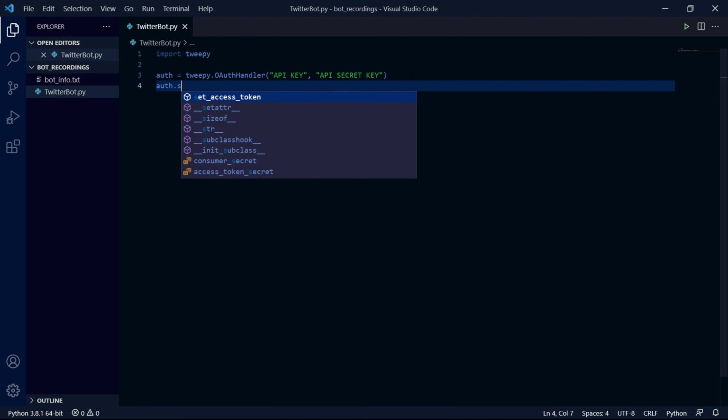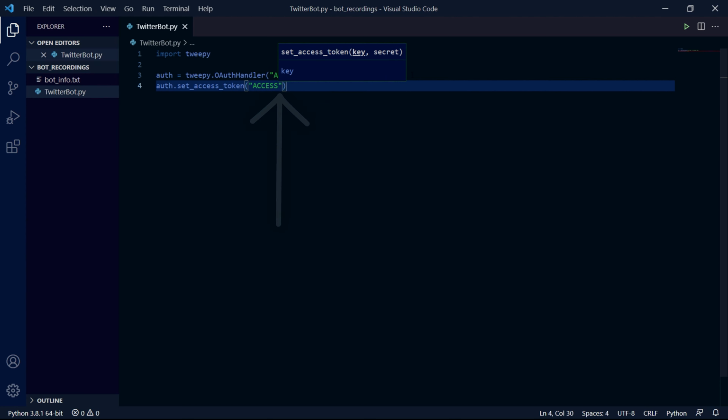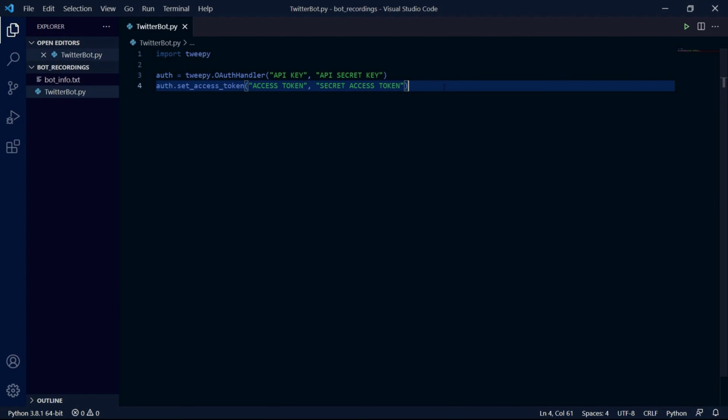Now we type auth.set_access_token, and we'll be passing 2 string arguments in here. The first is our access token, and the second will be our secret access token. Now this next step you don't have to do, it's just so that you can't see what my credentials are. So yours should still look something like this, unless of course you have another method of inserting your credentials into